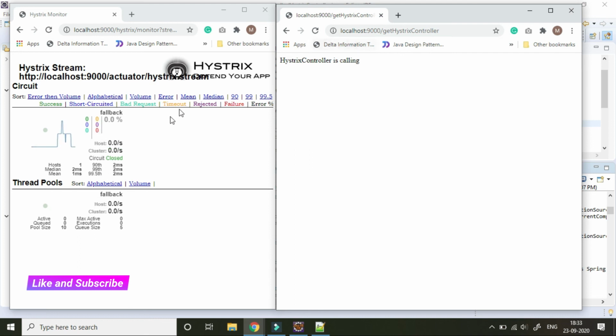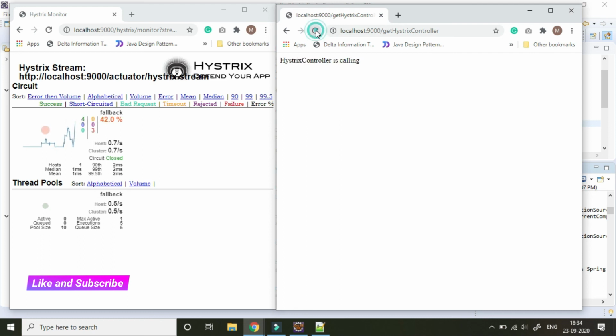So once a failure happens, the count will display here, and if a success happens, the count will display here. So this is failure, the count is 3. Once a success is happening, the count is 1, and the percentage is also displayed here.